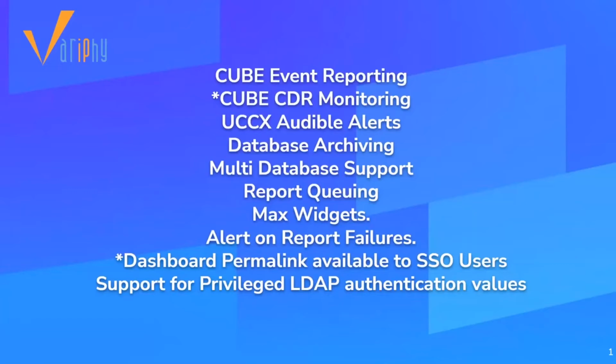Next thing we're going to talk about is report alerts. It's a new feature to 13.0. We noticed that every now and then customers may have a problem where they're sending a report that's larger than their email server allows, or they lose connectivity to an SMTP server or something like that, and that report would fail. But we weren't giving a lot of information back to the end users or the system administrators to let them know that report had failed. So we introduced some alerting on report failures, so that system administrators can receive an email if there's a report failure, with some information on what that failure may be.